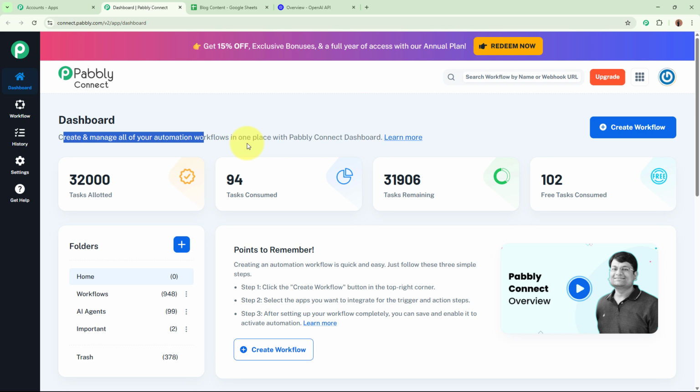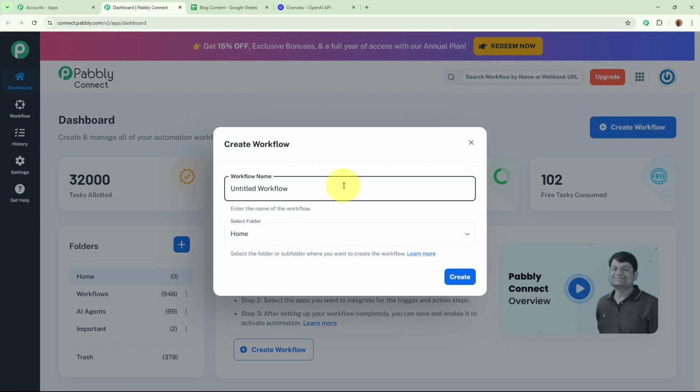and in order to start an automation process in Pabbly Connect, we need to create a workflow. For that, click on this top right corner button right here that says Create Workflow. A dialog box is going to appear in front of you, which is asking for the workflow name first, which is going to be AI agent to generate blog content with images automatically. Okay, you can see right over here, this is the name of my workflow,